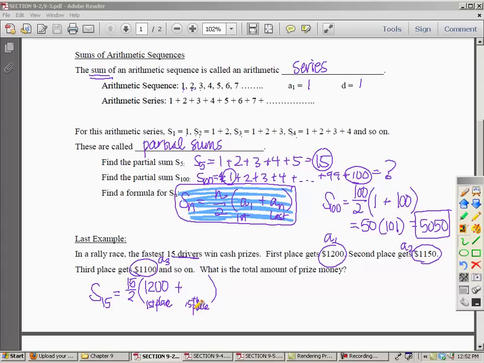I'm going to go back to the formula we used above for the sequence to find the 15th term. Now we know the first term was 1,200, and as I look at my terms, what I can see is that I'm going down $50 each time. So it's minus 50 for each place after that. So times 15 minus 1. What you end up finding